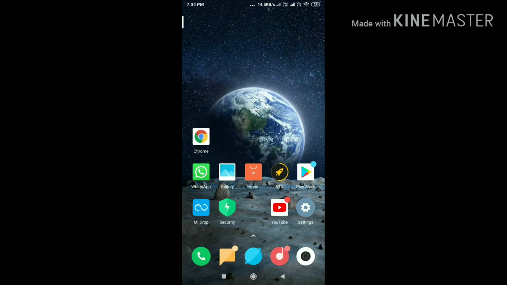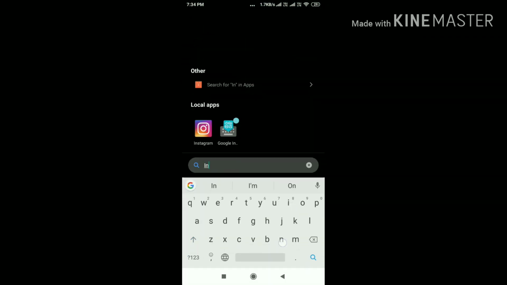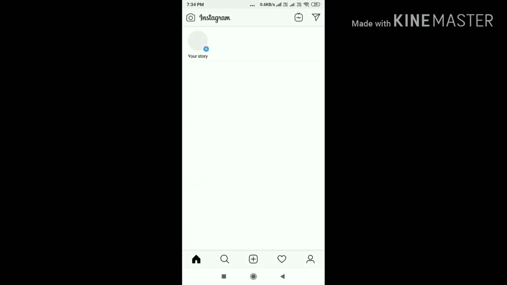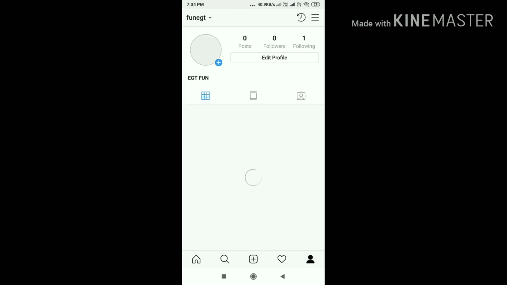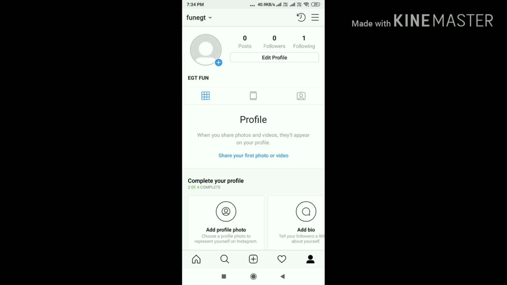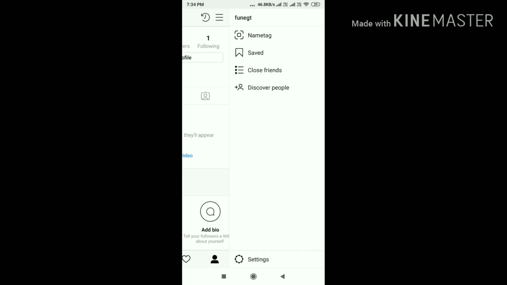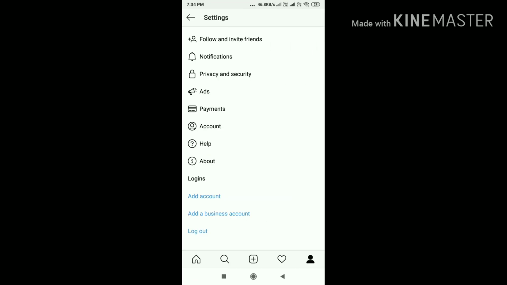In this video I'm going to explain how to delete your Instagram account in your Android mobile. First open the Instagram app, then log in to your Instagram account which you wanted to delete, then select profile, then select the top right corner icon, then select settings, then